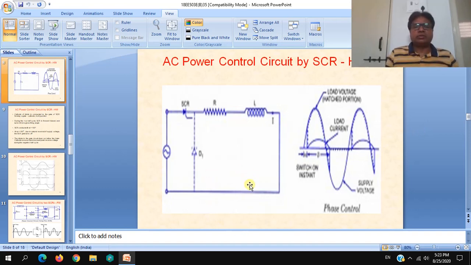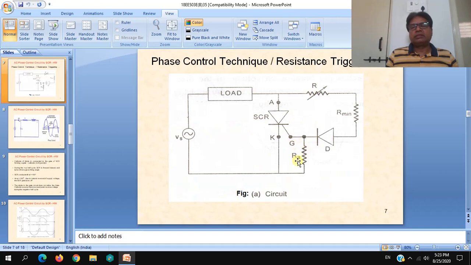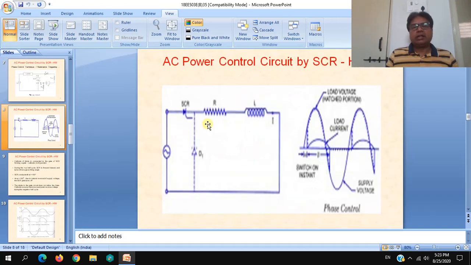This is another circuit shown in similar fashion where simply a single SCR is connected with a load, where it is an inductive load. In the previous case, just consider that this were a resistive load and this were an inductive load, and a freewheeling diode is connected as usual in anti-parallel, which will provide a path for the energy stored inside the inductive reactance of the load to supply itself, which is shown in the waveforms over here. The SCR will be fired. The other circuitry is not shown.